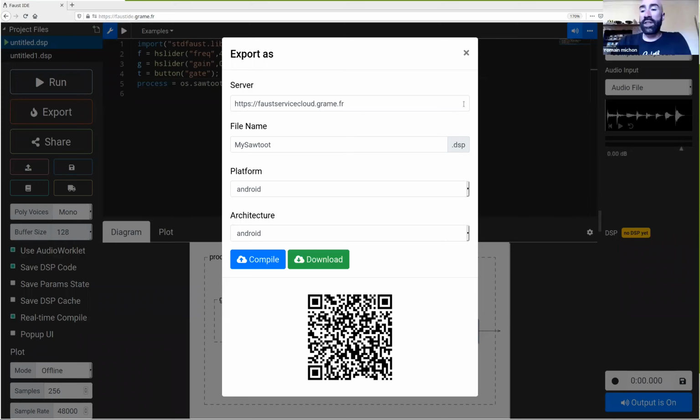That's a good question. In the framework of this class, I'd say that it doesn't really matter for what we're going to do, because most of the things we're going to do are going to happen in the web browser. So it doesn't matter if you use Windows, Mac or Linux. On the other hand, if you're planning on using Faust to do other things than programming your Teensy, like making a plugin with JUCE, then